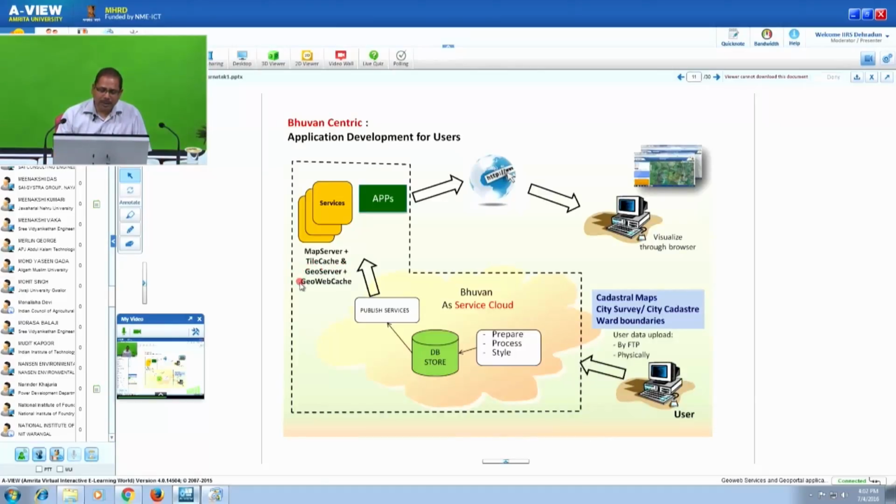As far as vector is concerned, this is for GeoServer and GeoWebCache. These two products are integrated together, and for vector data visualization as WMTS, these two products are used. And the theme specific apps are developed. For example, what I was telling about the e-governance dashboard. If it is the agriculture ministry, then agriculture apps will be developed and made available to these